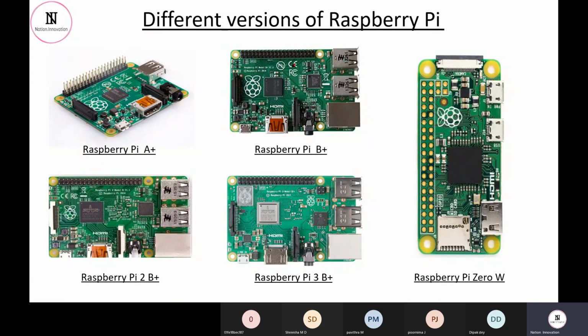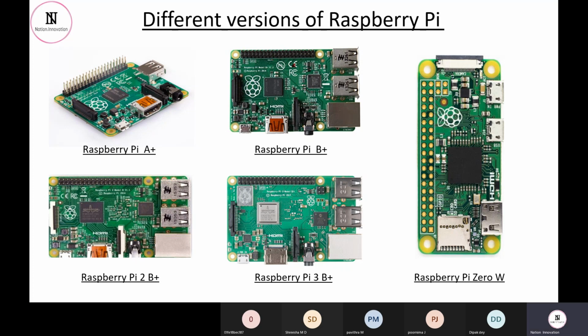Now these are pretty normal available boards. We also have a new one, the Raspberry Pi 4. This is the first one, the Raspberry Pi A plus. Then we have the B plus, 2B plus, 3B plus, and this is the Raspberry Pi Zero W. This is the smallest board, and these are the slightly bigger ones. The Raspberry Pi 3B Plus is one of the most common and most preferred boards ever made in the Raspberry Pi series till 2019. Now we also have a Raspberry Pi Pico, which is giving very good competition to the Arduino family.